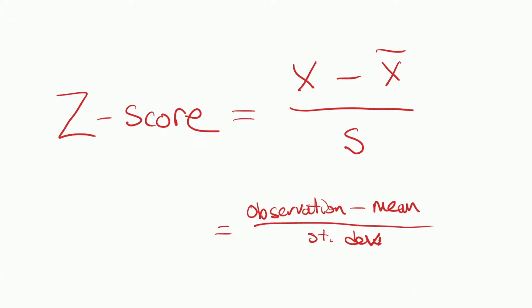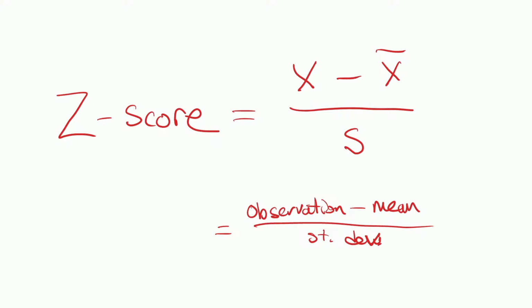If you take someone else, I had a student a couple years ago who was 6'7". 6'7", that's crazy, because 6'7" is, just a minute, that's going to be 79 inches. So 79 minus 69, that's 10, is the difference in inches from the average, divided by the standard deviation gives you 3.33. He was over 3 standard deviations above average. That's crazy. Well, it's not that crazy, but it kind of tells you how normal you are or abnormal.